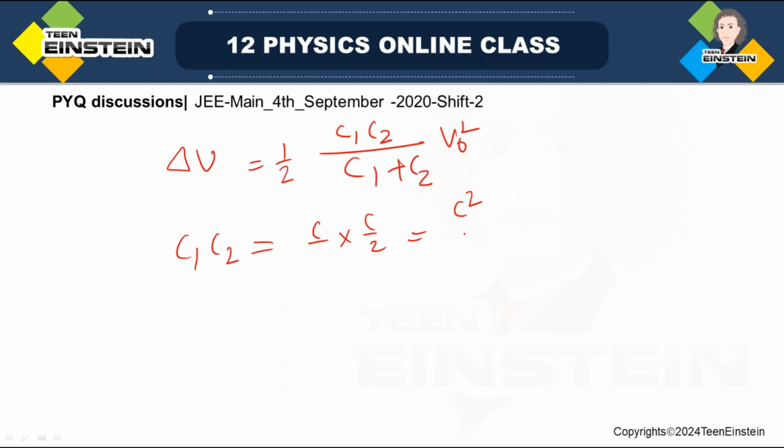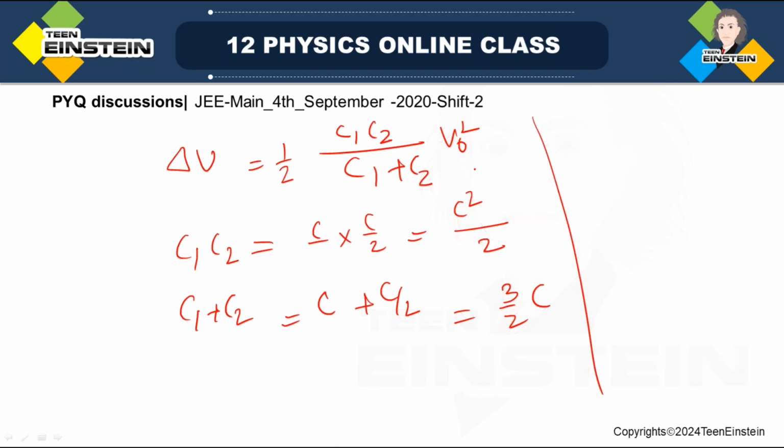This is actually C square by 2. And C1 plus C2, that is C plus C by 2, that is 3 by 2 into C. Okay, so if we multiply here, delta U is equal to half multiplication is C square by 2,